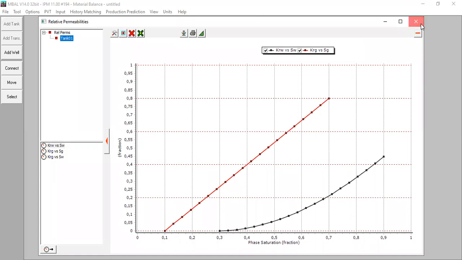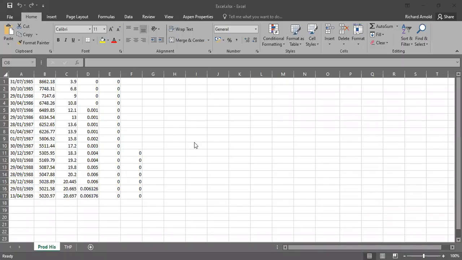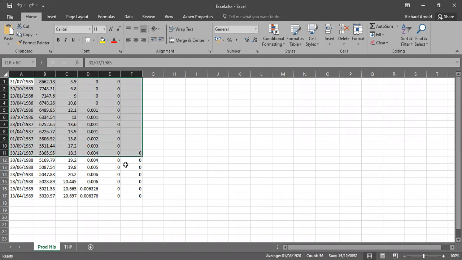Okay. Now for production history, here we copy. All right, we copy our data from this spreadsheet and paste it here. I will demonstrate it to you. I will go to the Excel. All right, so this is the data sheet from Excel.